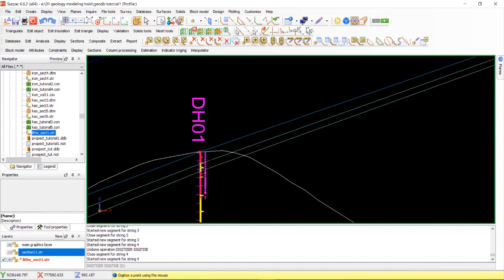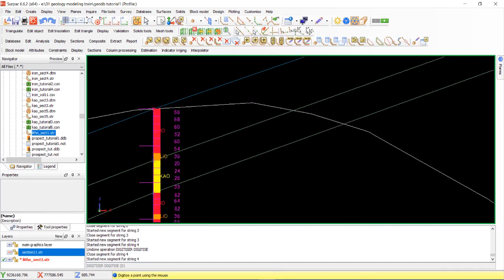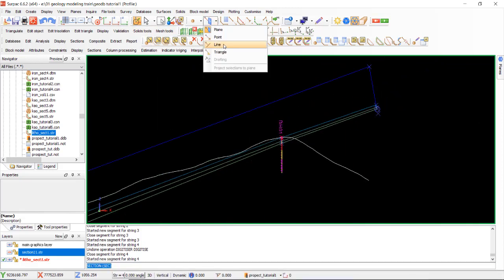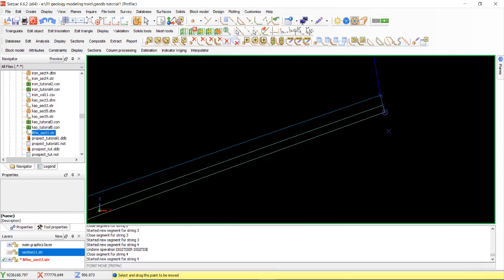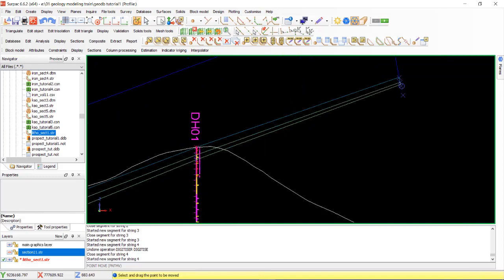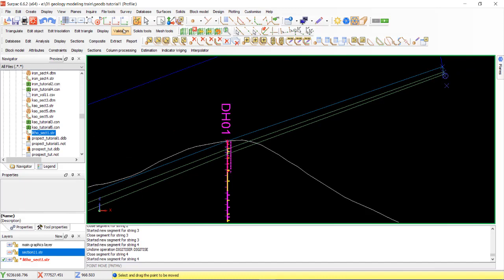Okay, but the line is still not a straight line. We change line, change to thin layer. Okay, good.